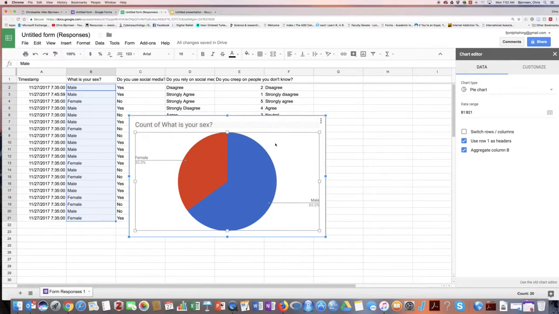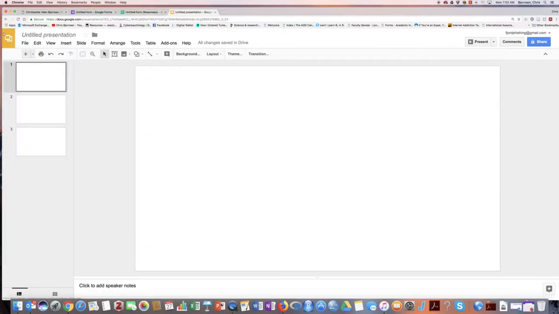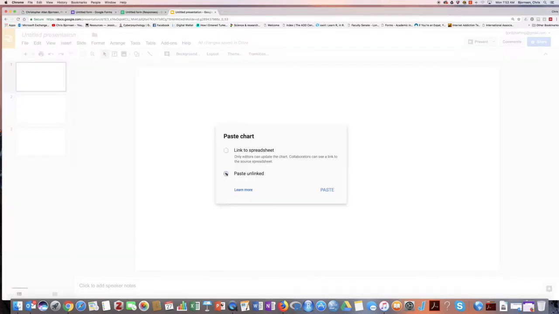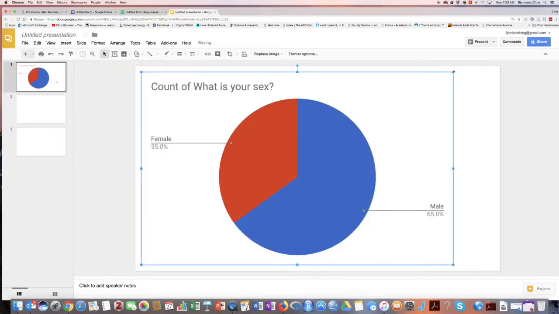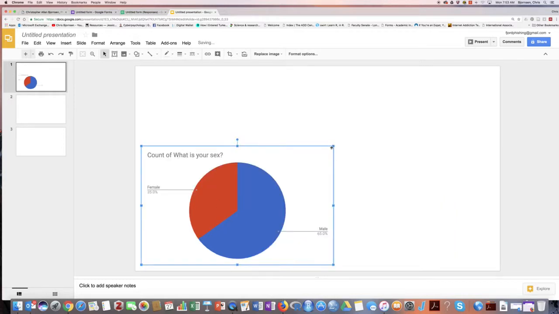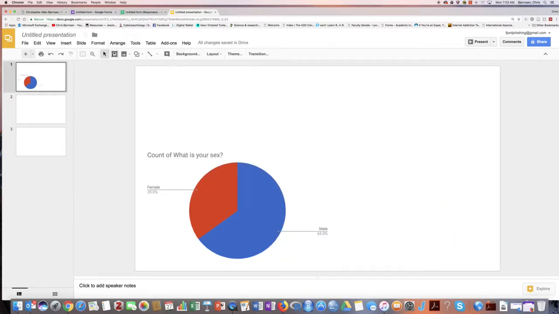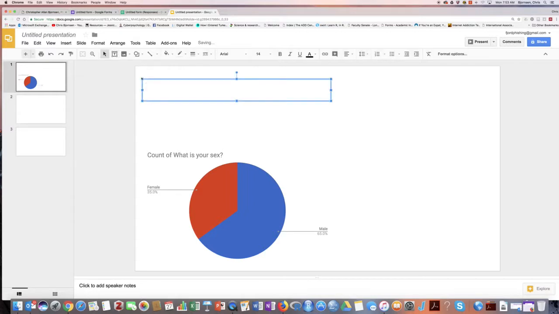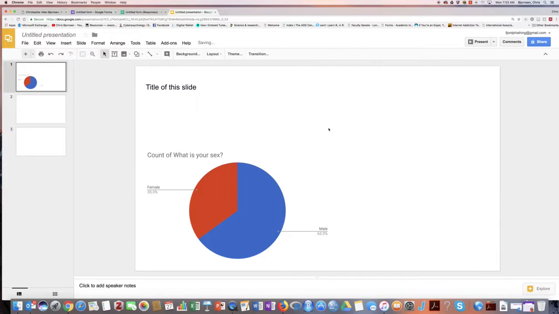So I want to do Control C to copy this, and then go to Google Slides, click in this slide, hit Control V. Want to paste it unlinked, click Paste, and there it is. Change the size by clicking and holding and dragging the corner. Add a title for this slide, and then click on text box